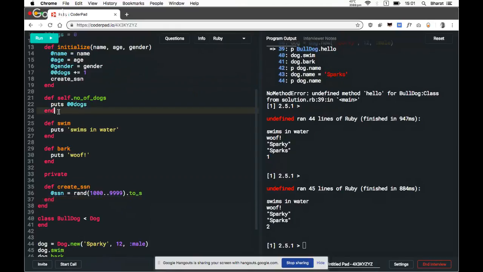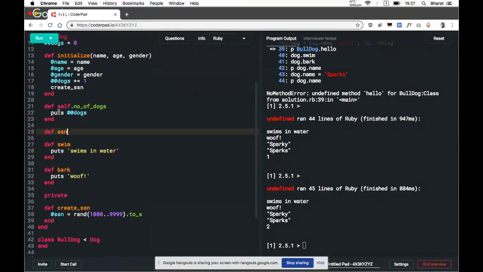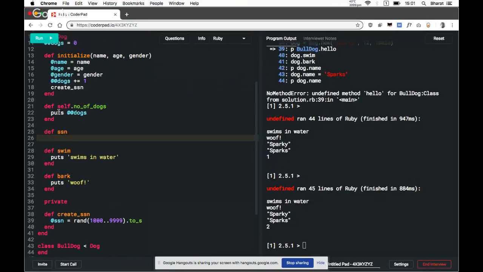Now, what we can do is, if someone wants to see the SSN, say @ssn, since it's a string, we can go like -2 to -1.